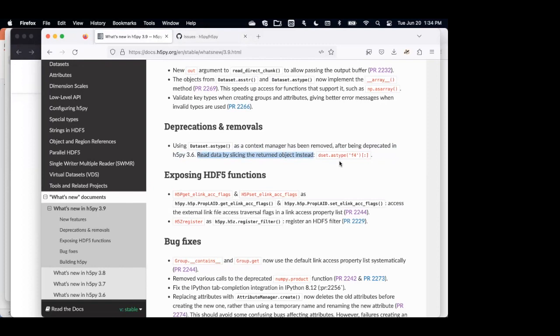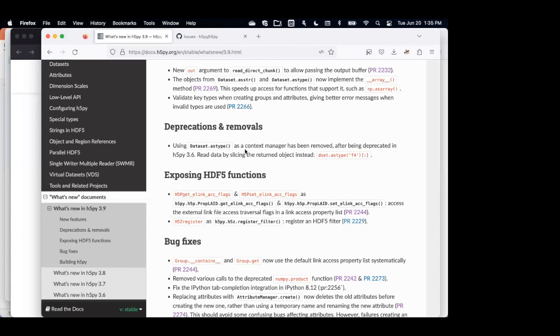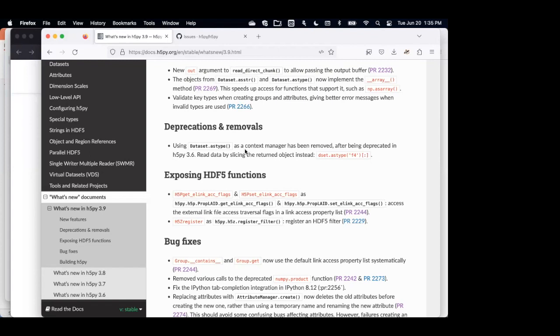I don't understand. Astype is like, let's say I have a data set that's F8 and I want to read it as F4, right? So now you don't have Astype. So I read a NumPy array as F8. And now is there a NumPy method to convert that to a different data type?